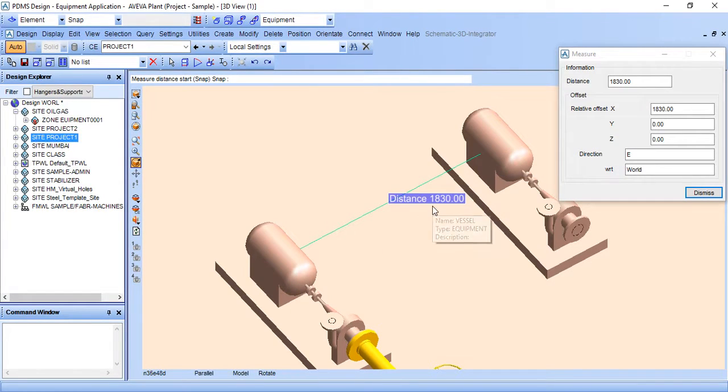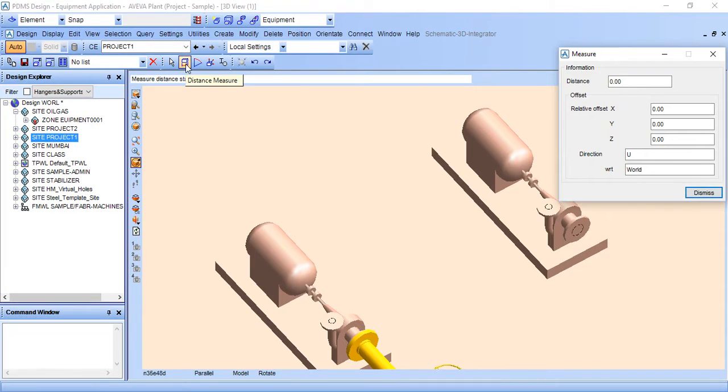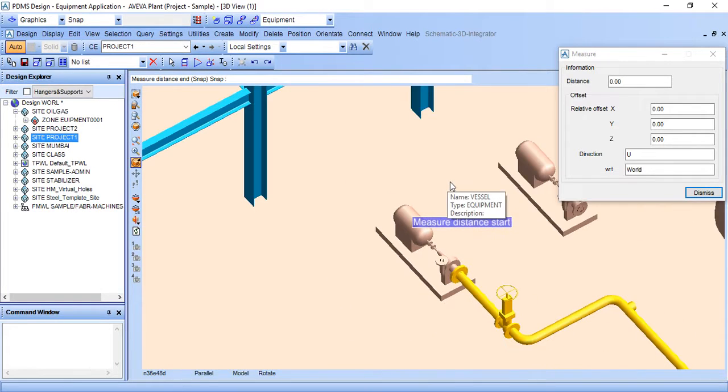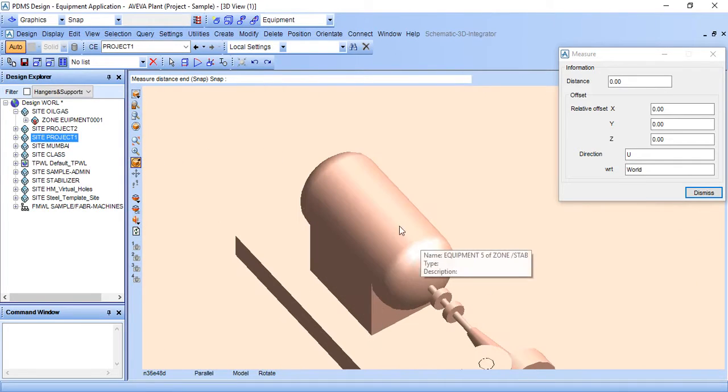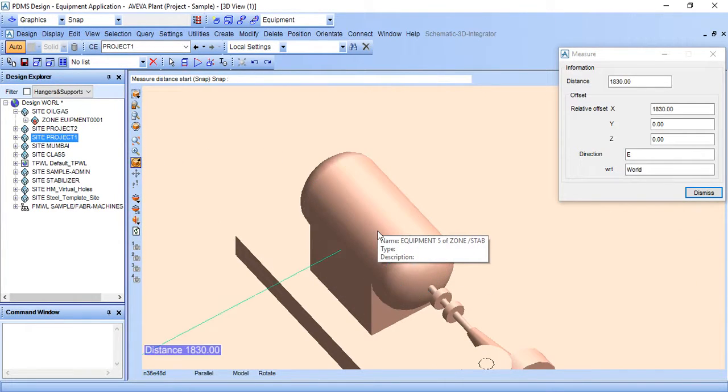Here the distance is 1830. Suppose we want to measure it another way: click distance measure and click graphics, zoom in, click on the surface and match this point, then zoom out and zoom in and measure this, match this point.